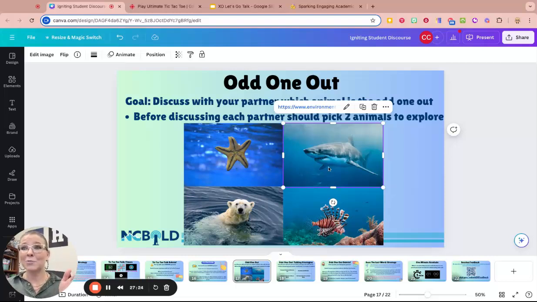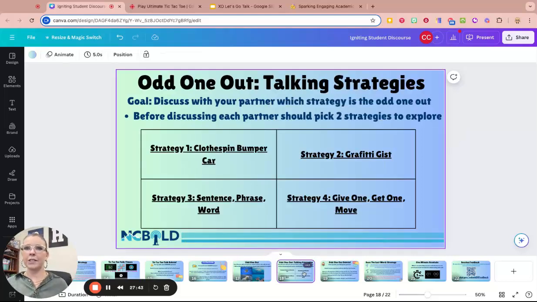I've actually had someone say the shark because it's the only one that has its own week, Shark Week. I was like, oh my gosh, that's genius. I would have never even thought about that. But there's some other more obvious answers, like the polar bear is the only one that can actually live outside of the water. So I would let you guys do this with non-content first.